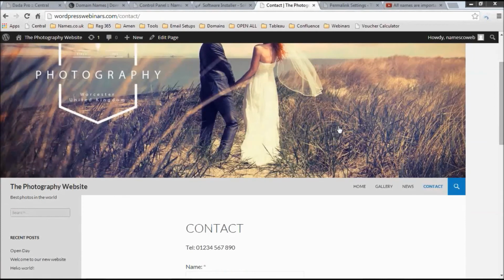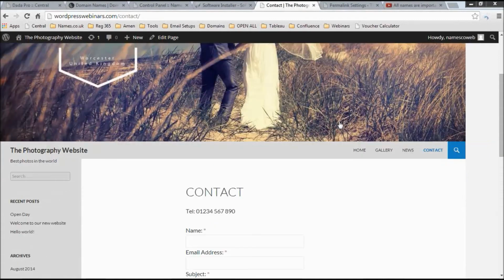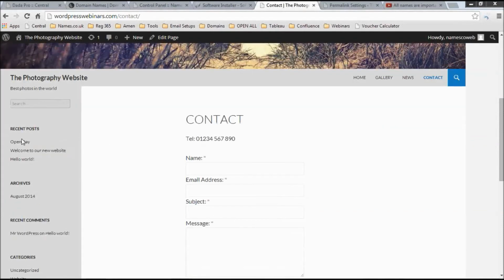One of the things we haven't covered yet is the comment system. WordPress has a really good comment system built into it. Comments are a way on your news posts normally for your customers to leave comments, and it's a really good way for you to interact with your customers. So, for example, if we come down to our recent posts and click on the Open Day link,